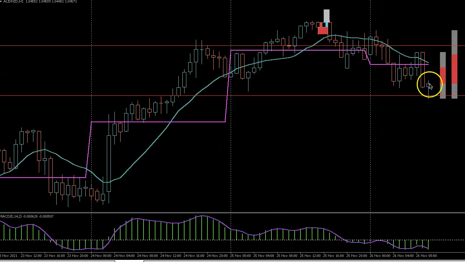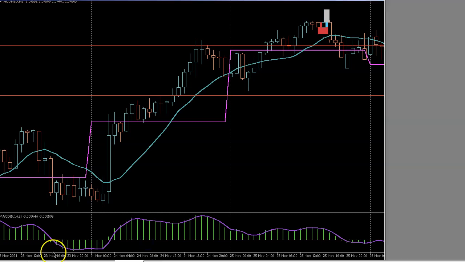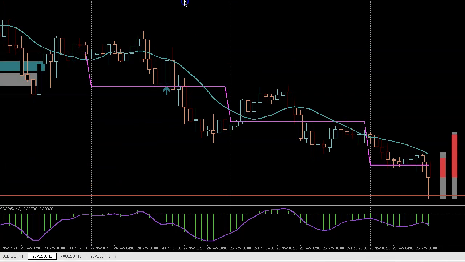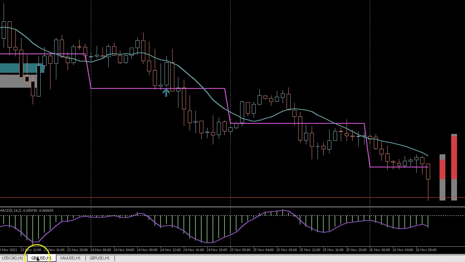And here, this could be a possible entry. We just have to make sure that, you know, this is a possible take profit right here. This is a strong level right over here that possibly could stop it. But this right now, this is fresh. Of course, the closer it is to the blocks, the better it is, you know, but still this could be an opportunity to enter in here on a sell. So that is all you're going to do, is you're going to take a look at all of your blocks, right? And then just kind of see